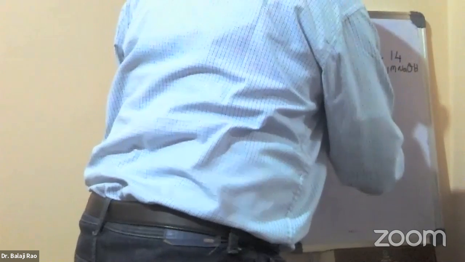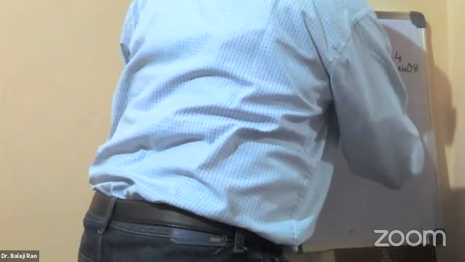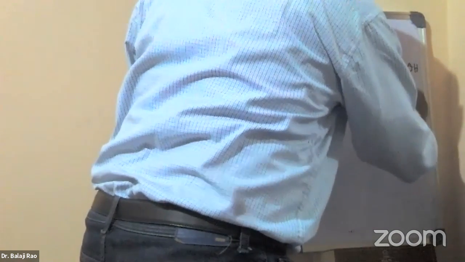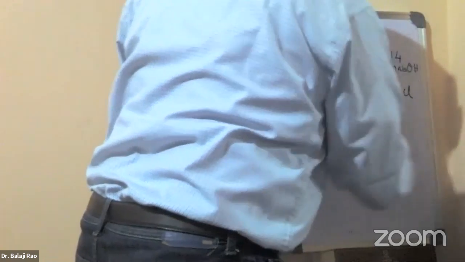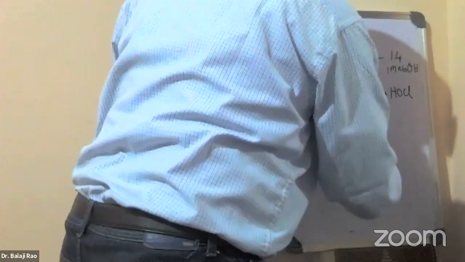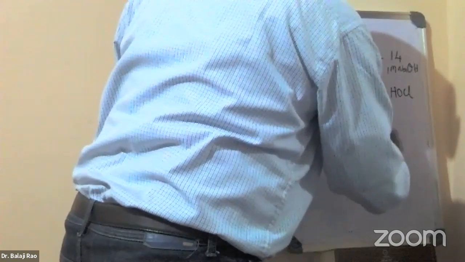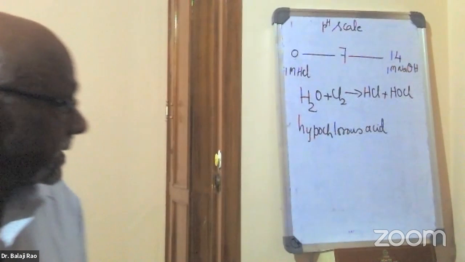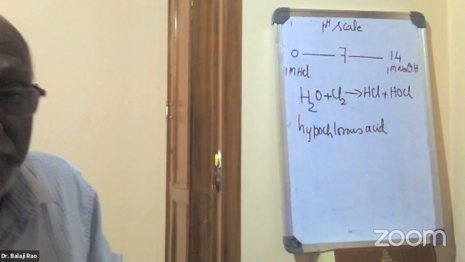Let me write this. HOCl is called hypochlorous acid. This hypochlorous acid is an unstable compound. Therefore, it breaks down into